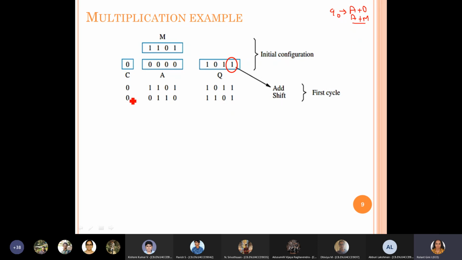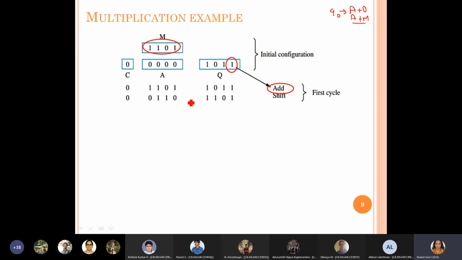Then in the next iteration, the Q1 value is right now in Q0. So again you check the Q0 value, and here Q0 is 1. Then again you go for adding the A value with the M value. This is the current A value and this is the M value. These two should be added as the first step in the next cycle.